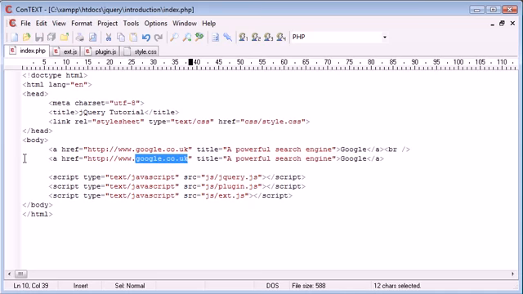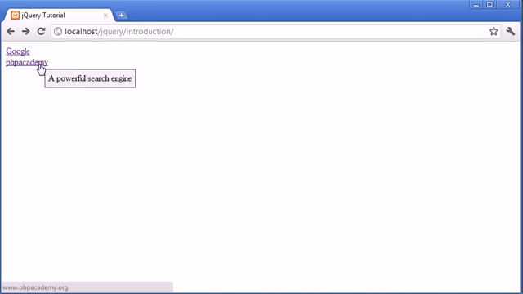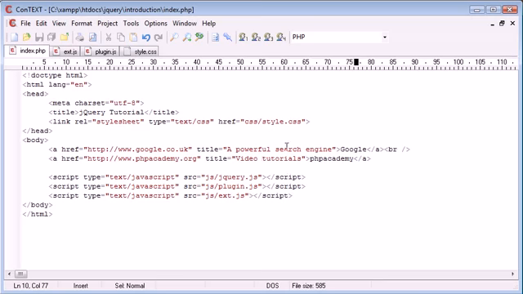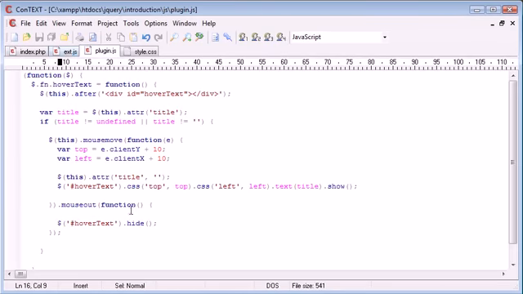Let's go ahead and change this to phpacademy.org, and let's change the title to PHP video tutorials, and in here let's just change the text. So now we've got one link underneath each other. Now the problem at the moment is that you've already probably seen we've got a powerful search engine here and video tutorials here, but when we actually hover over both of them, they have essentially the same value. So what we want to do is inside of our